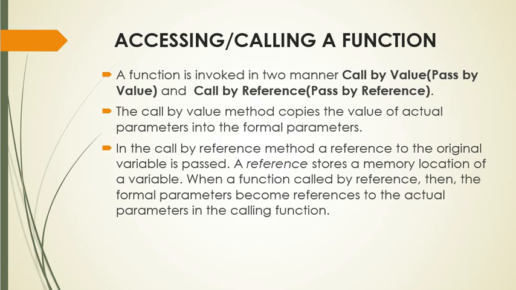In case of call by value method, it copies the value of the actual parameter into the formal parameter. That means the function creates its own copy of argument values and then uses them. So we have actually two different sets of variables that hold the same values. And if we make any change in one parameter, obviously that is not reflected in the other parameter. So any change that has been made to the formal parameter does not reflect to the actual parameters.